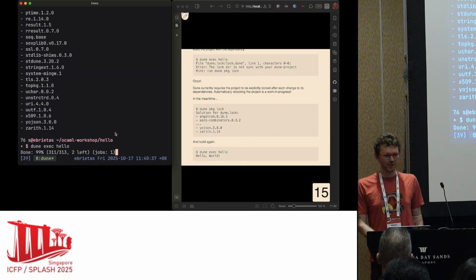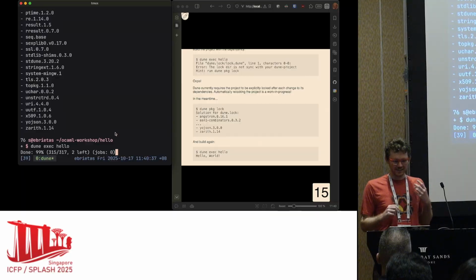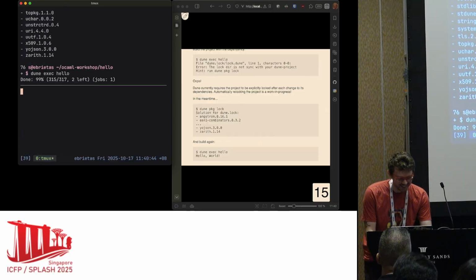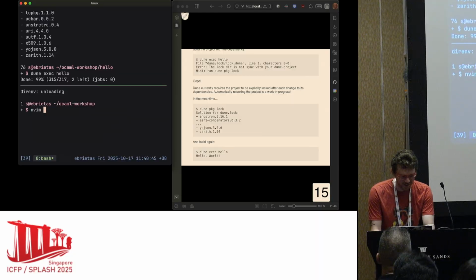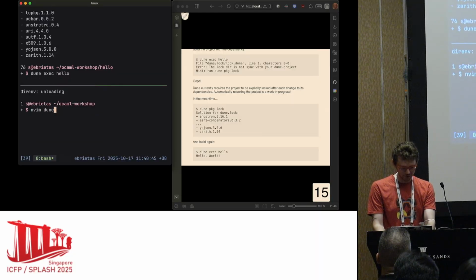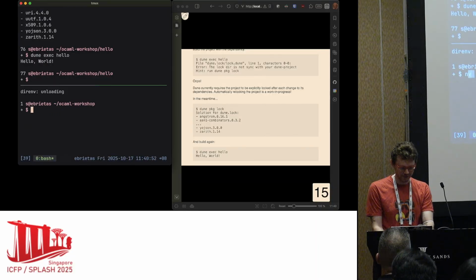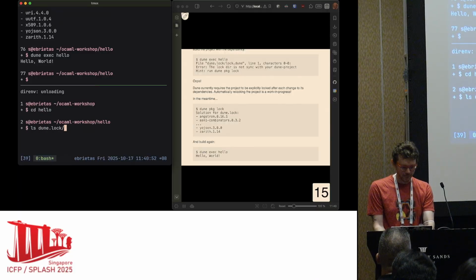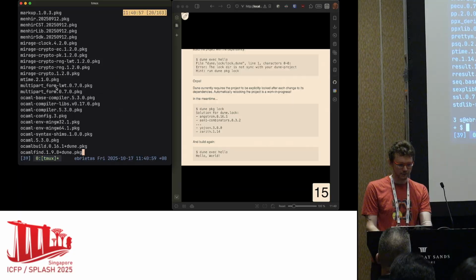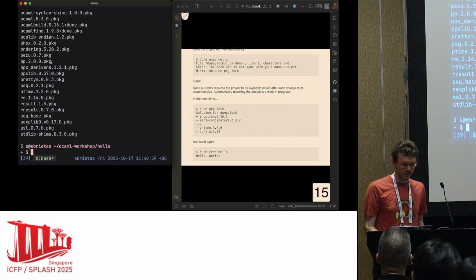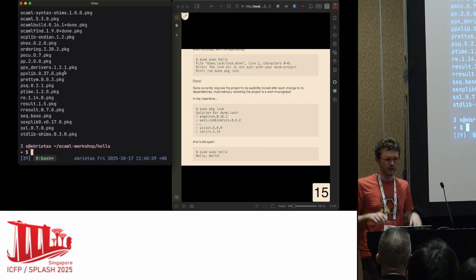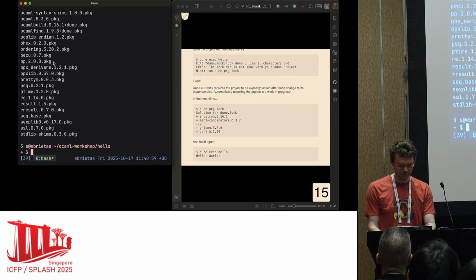Later in the talk, I'm going to talk about how actually, you know what? Let's take a quick look at our log files. So there's this directory. Hey, there it is. There's this folder that got created when we solved the dependencies called Dune.log. And in that folder, there's a file for each package. And this is what we refer to as a log directory. And each of these files,